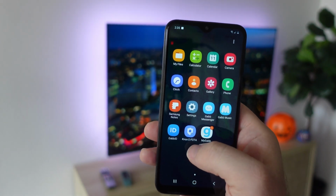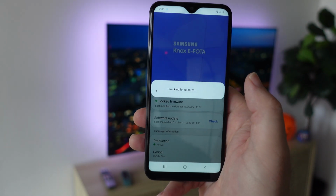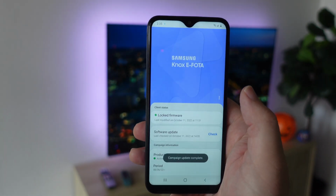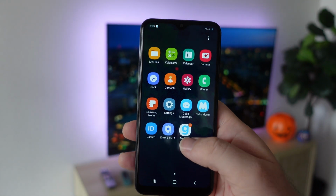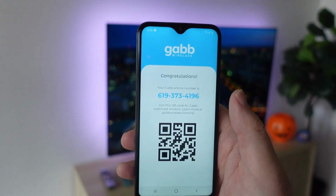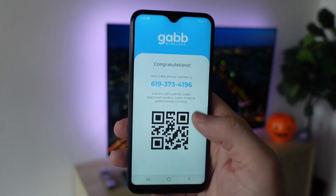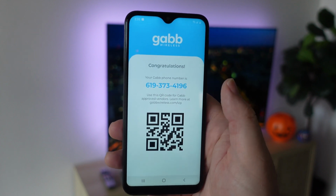Next up, you have the Knox. This is just their protection, saying the phone is basically protected, and they can check for software updates to see if they have any for the phone for like bug fixes and things like that. And then MyGabb is just the way to set up your phone. So your kid will open this up and they will end up scanning the QR code, at least the adult will. The adult will go into their Gabb ID and scan that, and I'll show you a video of that